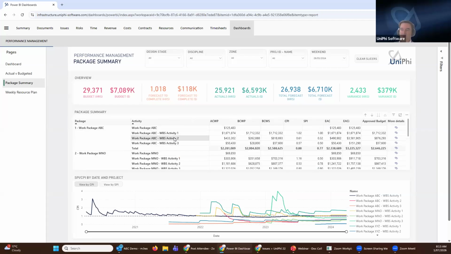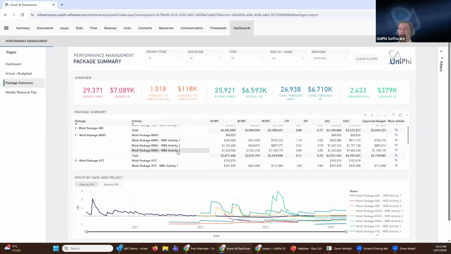When I drill in on this, I'm going one dimension even lower into the activity. So this is more scope element. And so the scope element is being tracked against this WBS. And we have our metrics again. And you can see now we've got one activity that's actually performing quite well and two that aren't. And as you go down the numerous activities that exist across the packages, and you can imagine there's hundreds of packages, thousands of activities on these projects, you can zoom in to focus on where you need to troubleshoot and start to coordinate with performance improvement.